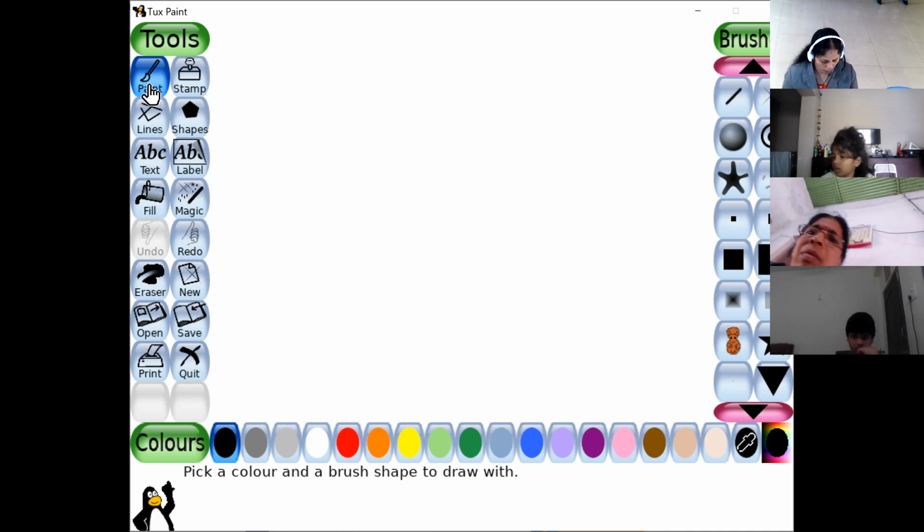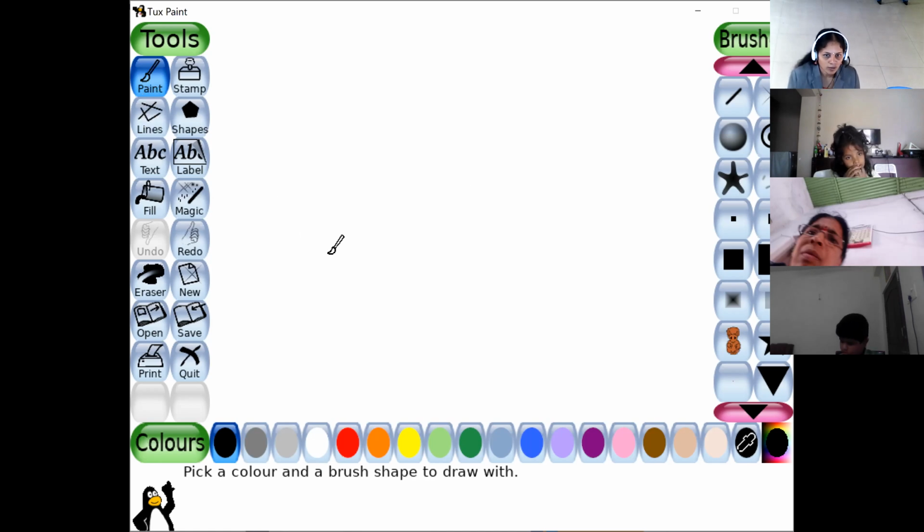What is undo, redo, new, open, and save? Other tools. Now we have seen all the drawing tools, right? What are the other tools that are available in Tux Paint? There are tools like undo. What is undo? Clicking this tool will undo the last drawing action. You can even undo an action more than once. You can also press Ctrl Z on the keyboard to undo an action.